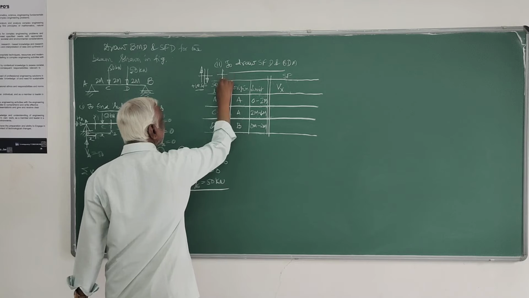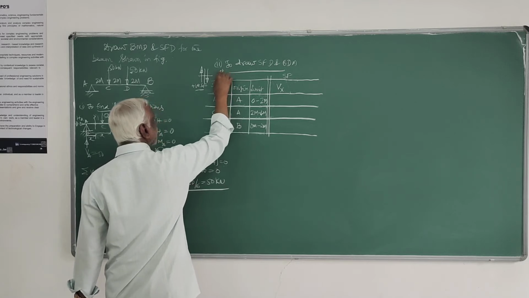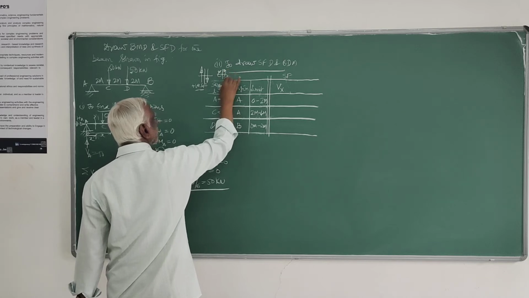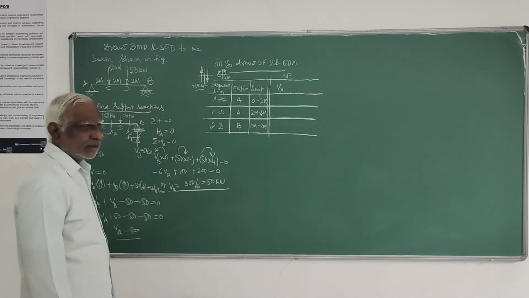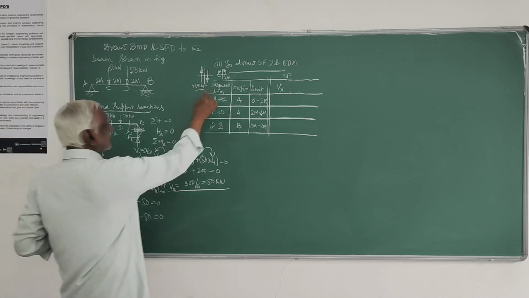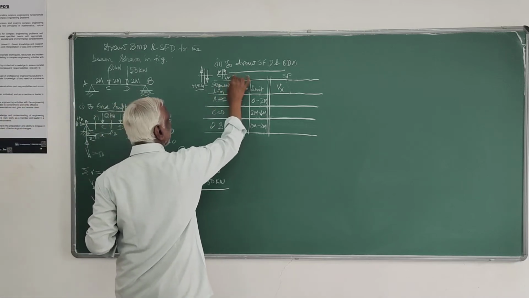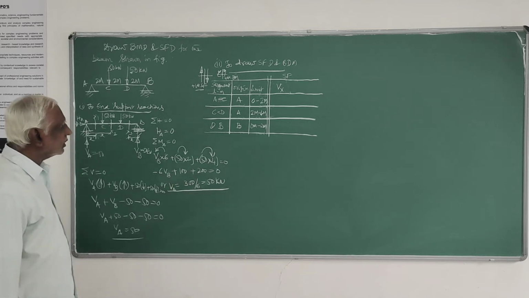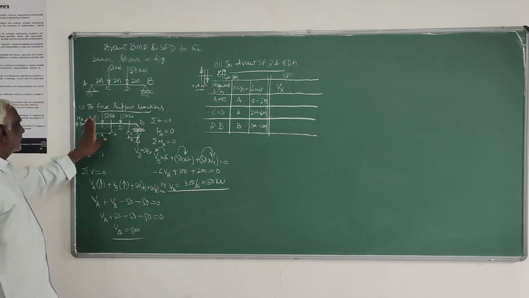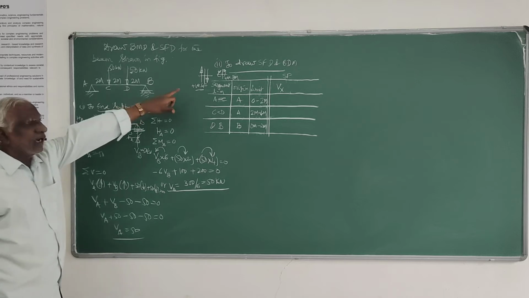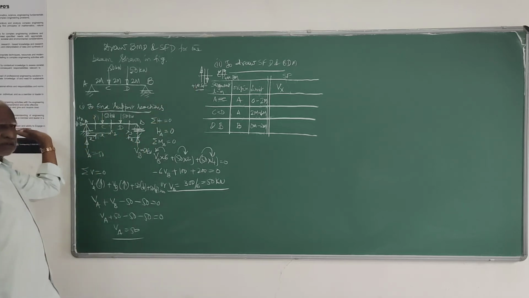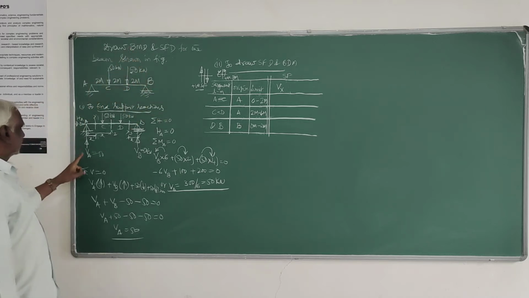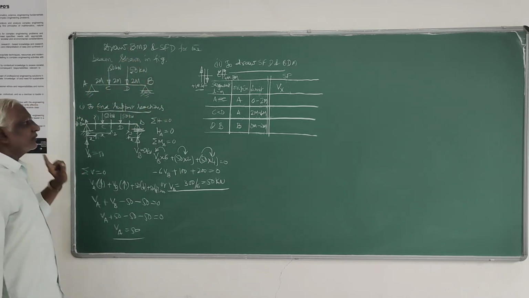Similarly, moment at any section: left side clockwise positive, right side anti-clockwise positive. This sign convention you have to remember for shear force and bending moment. I will apply this sign convention and write the equations for shear force and bending moment. Shear force here for x1, I am taking the section towards left. So all vertical forces upwards positive. So this is upwards positive 50.